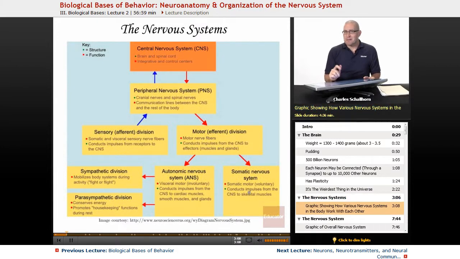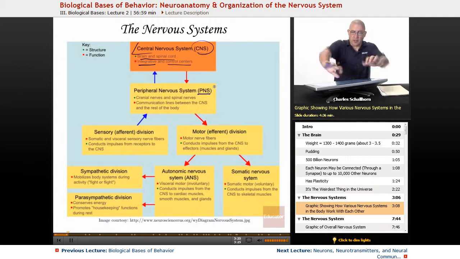So first, when we're looking at the brain, we're looking at nervous systems. We've got the first one, the central nervous system, the CNS. It's the brain and the spinal cord. It integrates and controls everything else. The peripheral nervous system, it's all the other stuff out here. The peripheral goes out to the rest of the body, and you've got your cranial nerves, and there are several pairs of cranial nerves that we don't have to worry about. This is not an anatomy class. And spinal nerves, which I'll show you, but again, you don't have to memorize all their names.